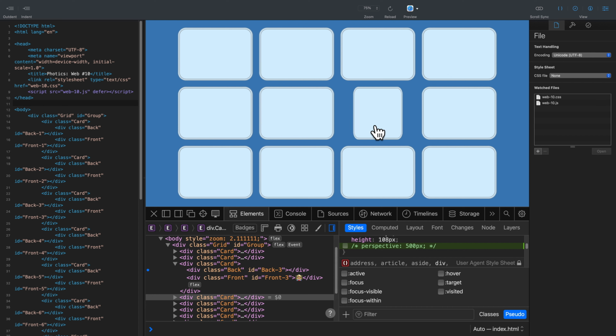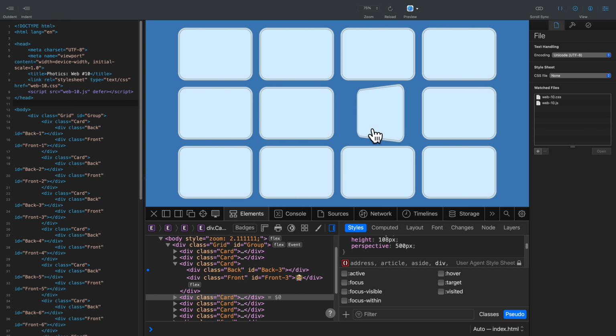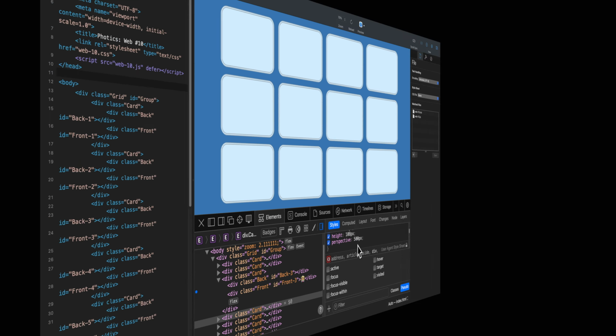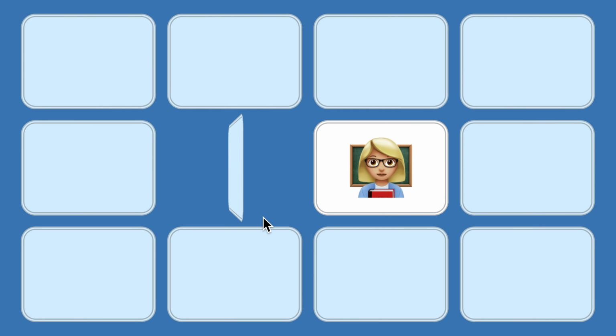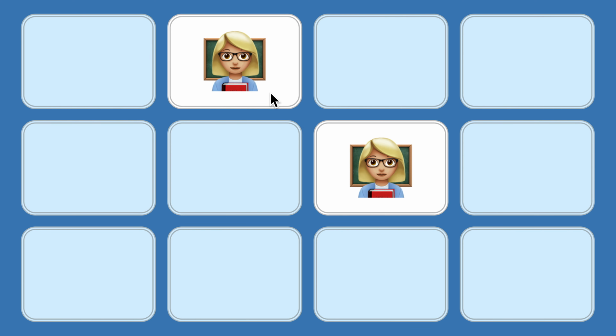If the cards still look flat as they animate, then the CSS perspective property can help. On the vanilla version of this project, a value of 500 pixels was set for the perspective. This creates a nice sense of distance while preventing the cards from overlapping. Hopefully that's enough information for you to understand this animation technique. But if not, both versions of this project are available for download at Phottix.com.